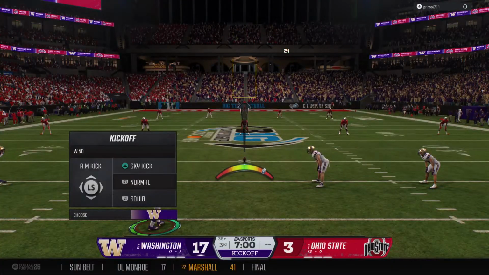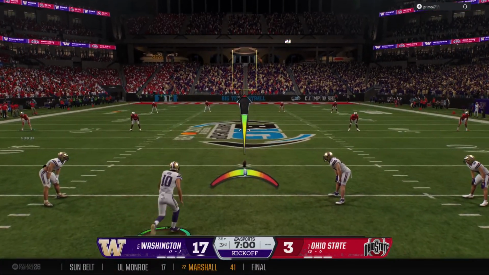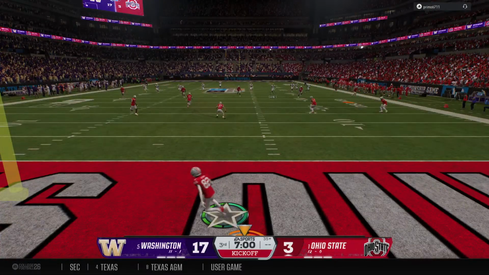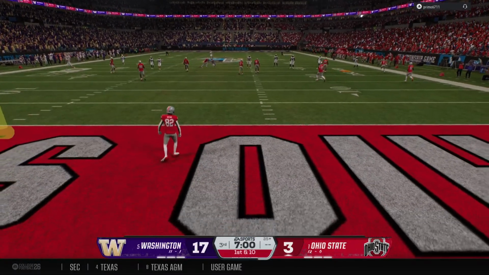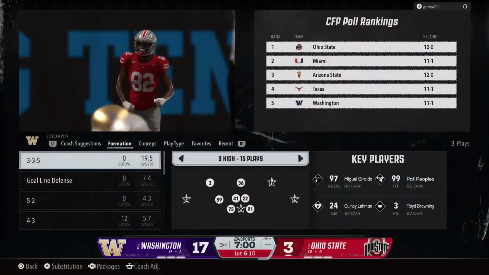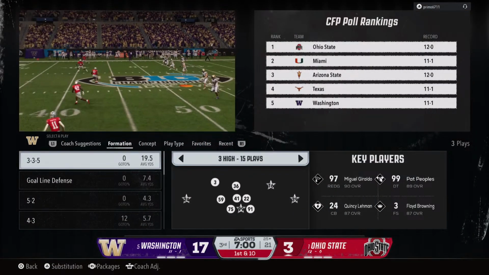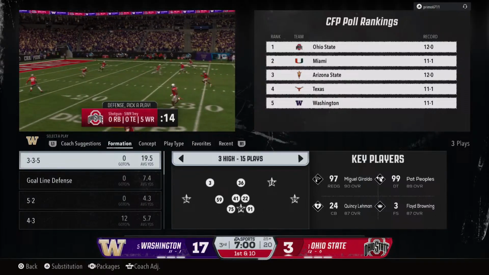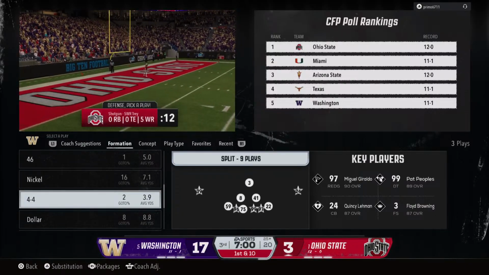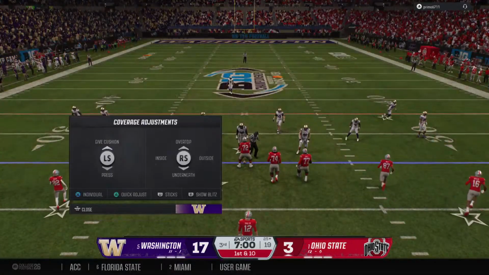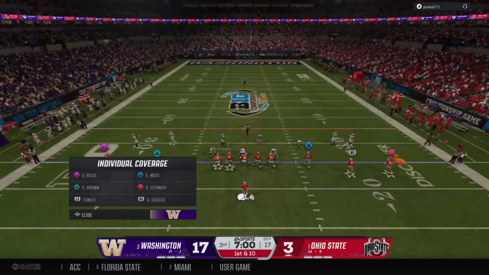The Huskies will kick it off to begin the second half. And that one will bounce out of the back of the end zone. So a touchback will start at the 25. Okay, here comes the Ohio State offense back on the field.